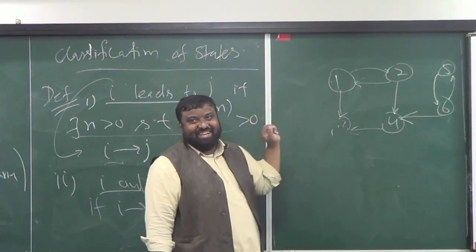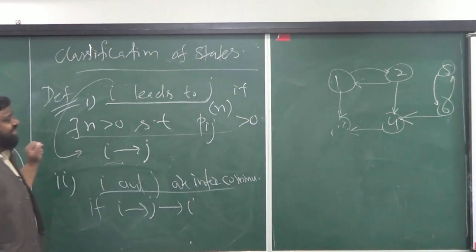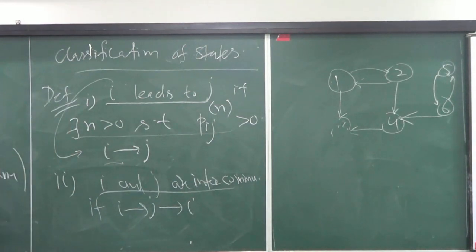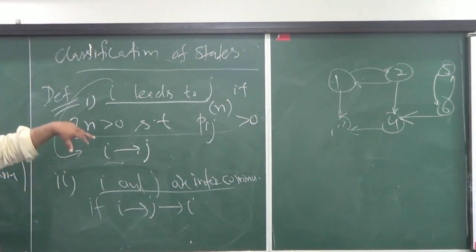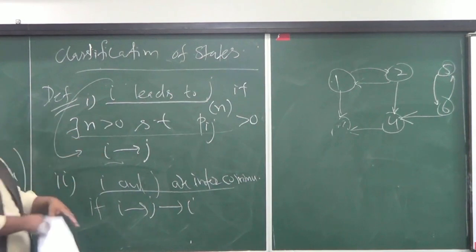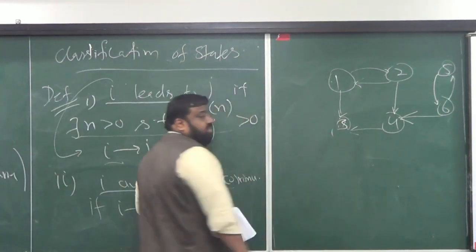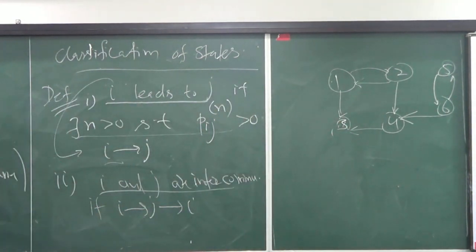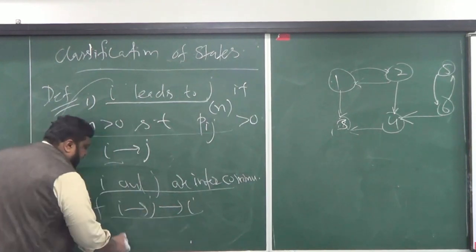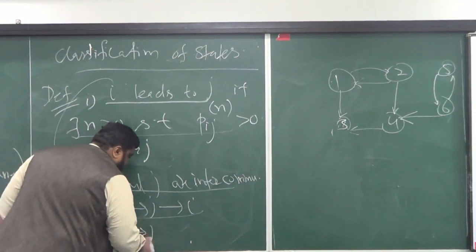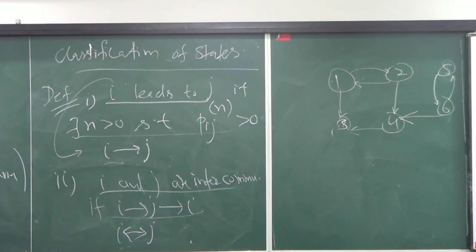One and two are intercommunicating. 5 and 6 are intercommunicating. Yes, but not 3 and 4. They are not intercommunicating. And if I have this, I'll use this symbol. I can only use intercommunicating. Okay. And I would say